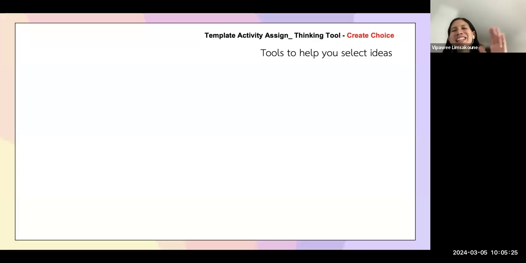My template is simple, but on the top right, you see the words create choice. This means this page is for thinking tools or brainstorming tools. This one, on the top right, is make choice. This page is for idea selecting tools, for example, consequence matrix, must and want criteria, something like how you're going to select ideas.